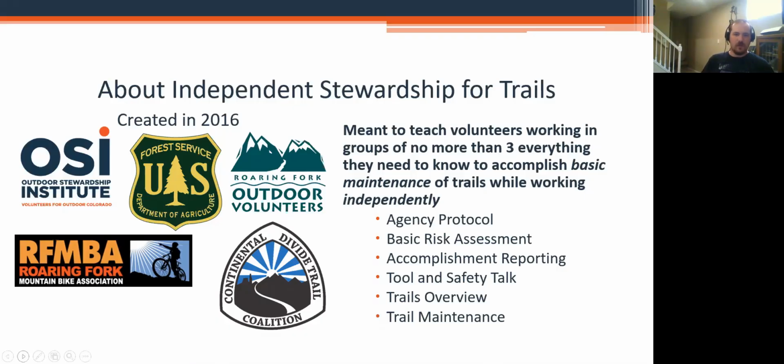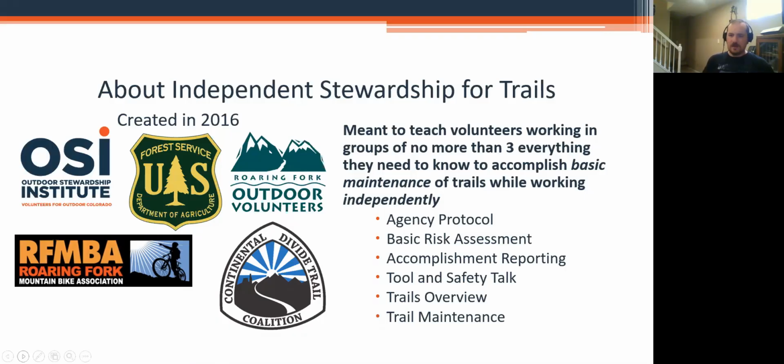And that's really in the content that we put together, where the sidebars are on the course. Now, there's certainly a lot more that you could do in an independent fashion as you gain experience and confidence from your sponsors, agencies, and so on. But this is our jumping off point. It came about especially with Forest Service groups, which is where we've seen the most growth. Routine maintenance is one of the hardest things to get to, and so training individuals to go out and accomplish it on their own has been seen as pretty valuable.